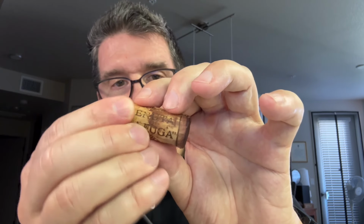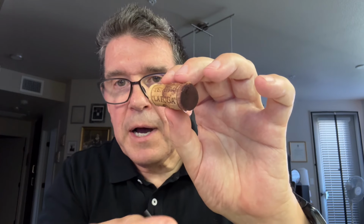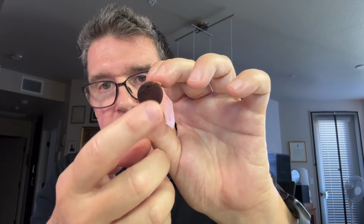It's not crumbly, it's firm. A little bit of seepage up the side of the cork, but nothing too extreme. The end that was in the bottle does show a little bit of tartrate crystals, completely natural. This is a piece of tree bark that's definitely done its job. Now, with the wine itself,